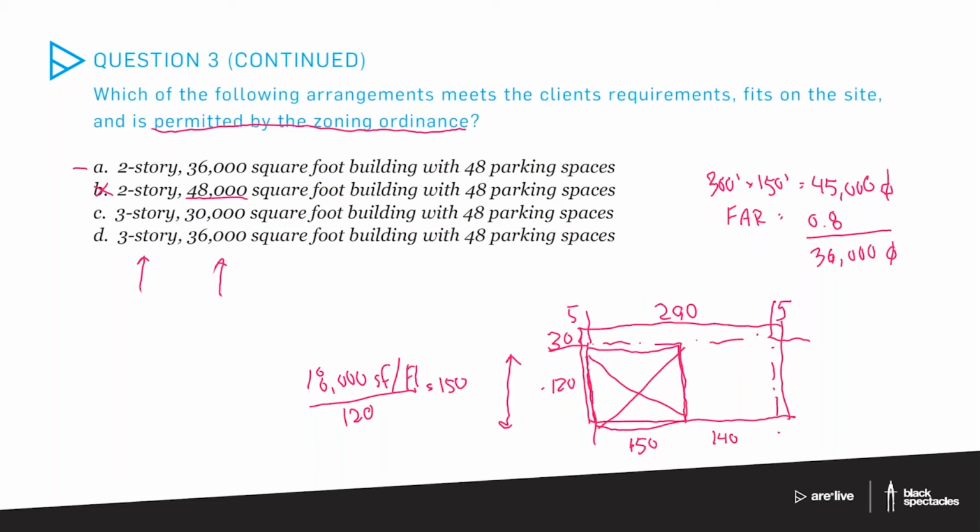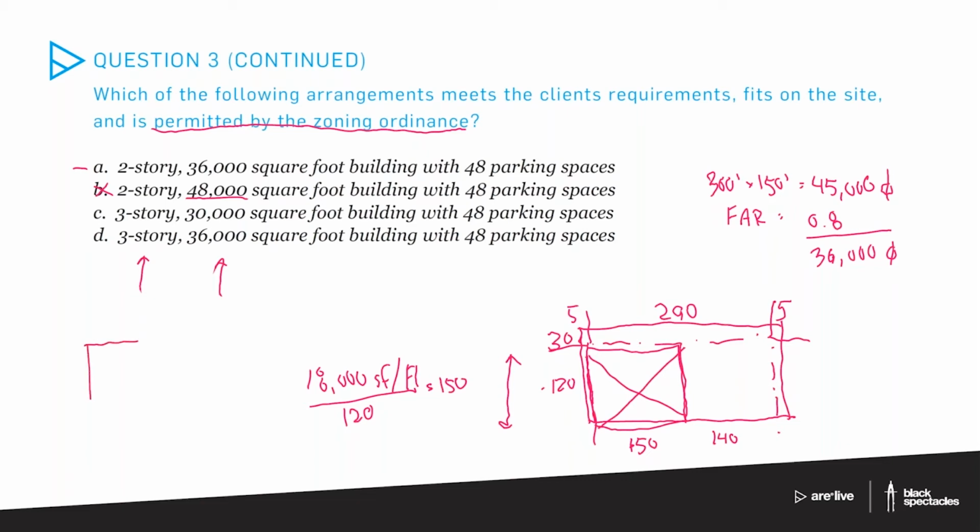So since none of the information about how big the parking is provided, let's just be conservative with dimensions so that we can make sure that choice A is correct. If we assume 10 feet by 20 feet parking spaces, which are somewhat large, they could go down to 9 by 18, and some are a bit bigger than 10 by 20, but 10 by 20 is a pretty conservative estimate. If we assume 10 by 20 with 24-foot aisles, we're going to end up with, in the remaining